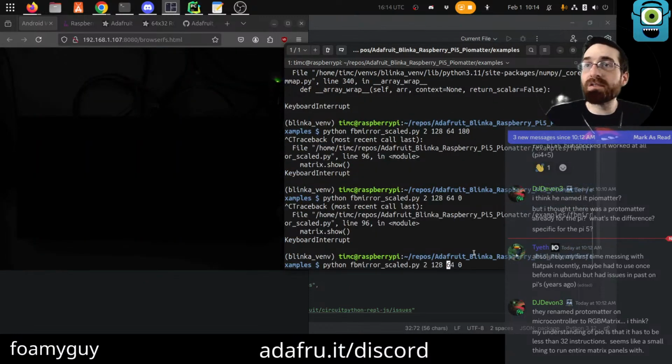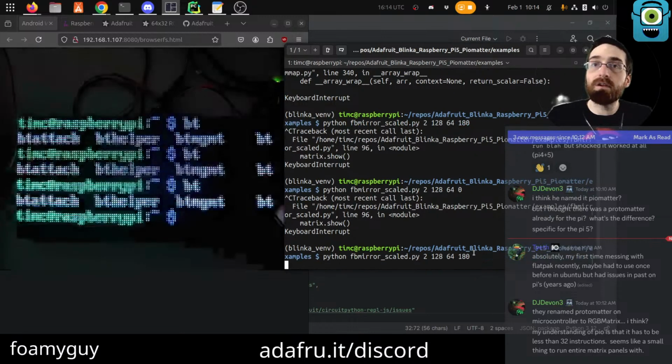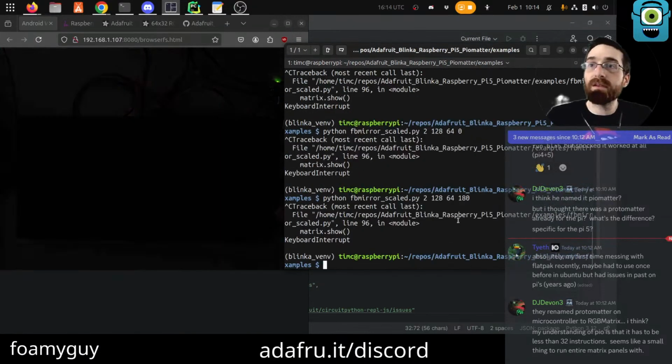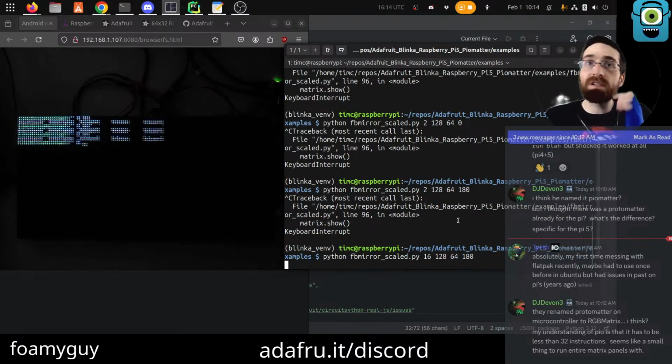Theoretically, you could do other sizes and stuff. I can't necessarily vouch for all of them working as intended, but this is all going good so far. And then I will also start with one other demo, which I think is pretty cool. If we scale it down really small, we can run a video on it.